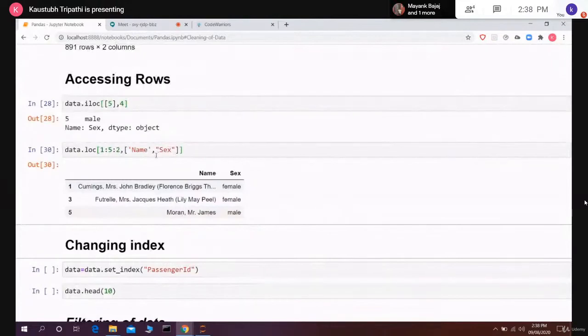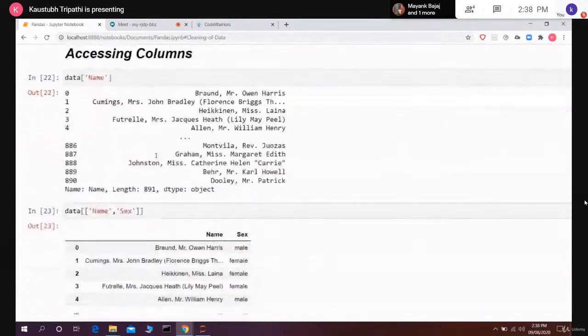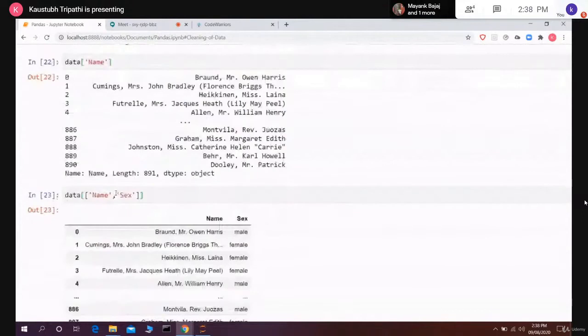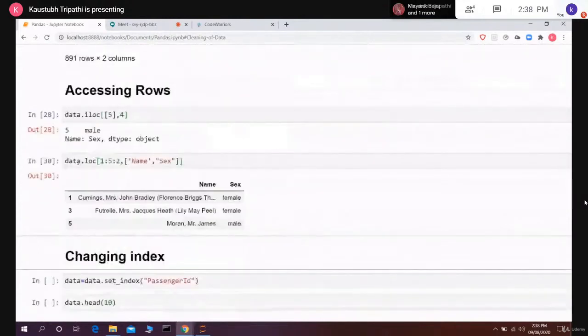So mostly I told you here data.columns. With the help of this, we can find the names of all the columns present in that, and then we can access any of the columns with the help of the loc method. And honestly, loc is my favorite method in comparison to iloc. Okay, iloc requires indexes, but you will see later also loc has a huge number of use cases in comparison to iloc. That's why loc is my favorite, and I will also suggest you to use the loc method.